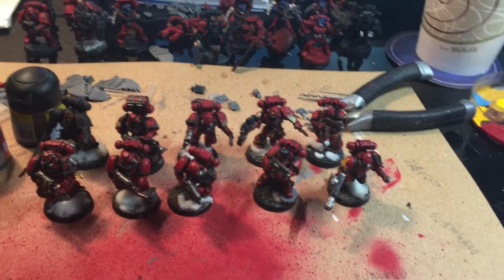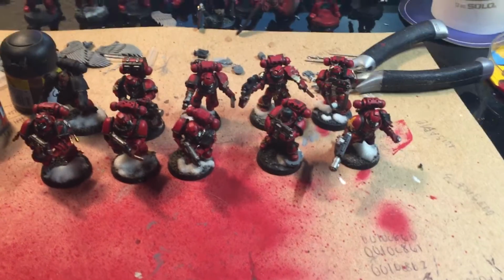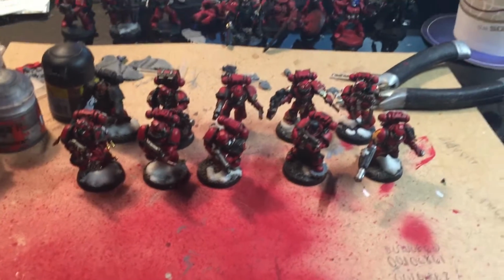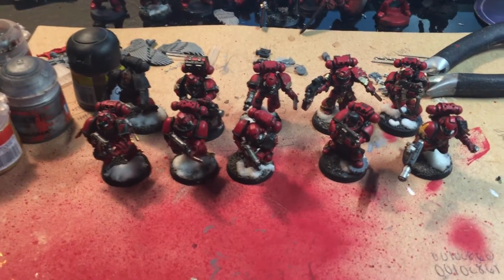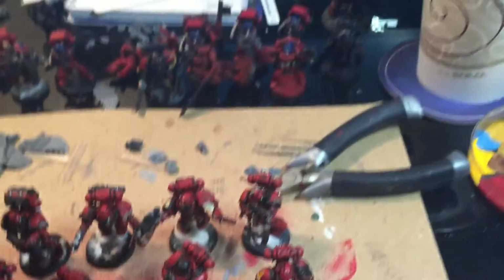Here we have Acherus the Ebon Blades. Anybody who plays World of Warcraft might recognize that reference to the Knights of Acherus, the Death Knights that were introduced in one of the World of Warcraft expansions, the Wrath of the Lich King. But I sort of swindled that name to use for some of my tactical squads. So here we have an